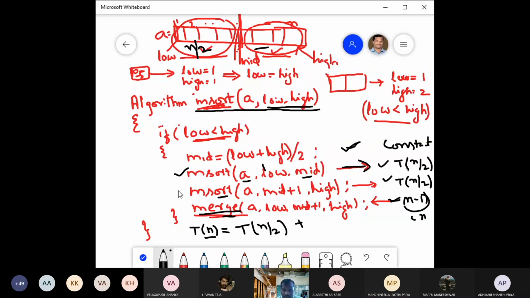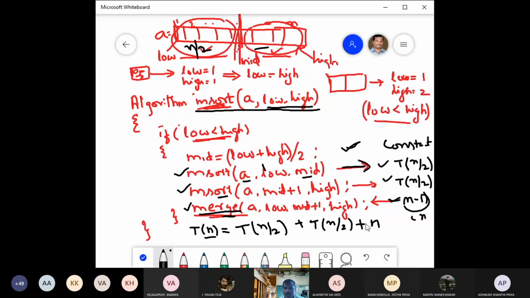And for the second m sort call, you require another T of n by 2 time, and then after sorting, for merging, you require some c n time. Or otherwise, write it as order of n, you can write n also, there are no issues.